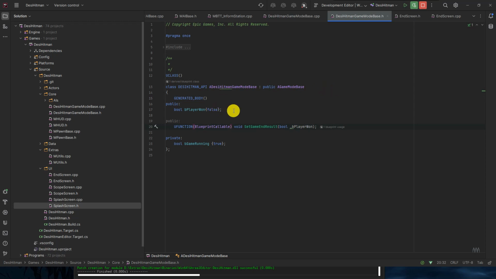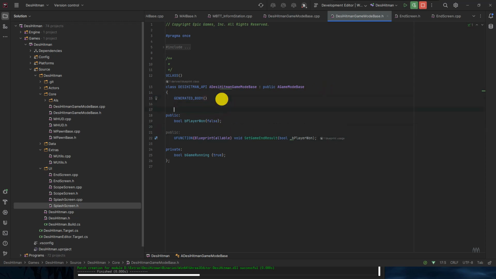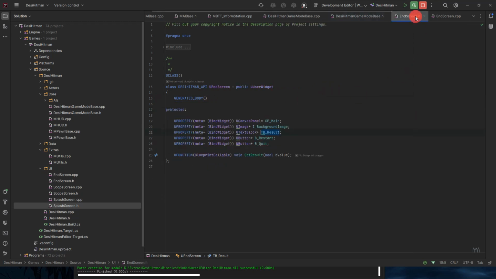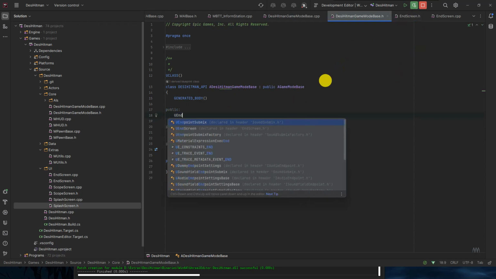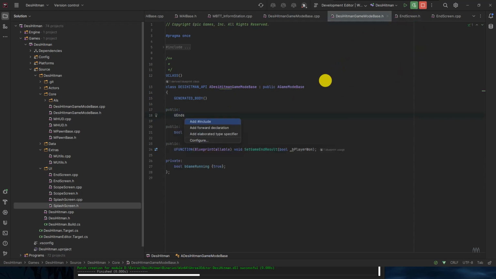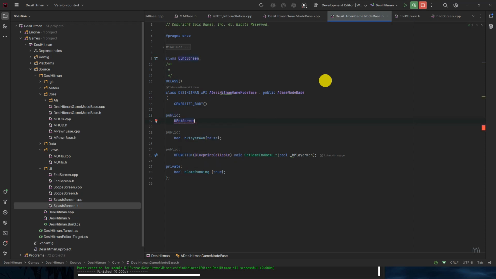So here let me put the reference, public, the type of end screen is UEndScreen, forward declare it. After forward declaring I don't need to put the include, so I do want to have the object of it and the class also.